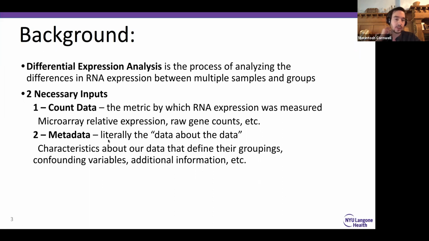The second input to the data is the metadata. So metadata is literally the data about the data. And this is the input that will inform the information about your samples. So this includes, most importantly, what groups they belong to. So when we do our A versus B analysis, we need to know what samples fall into A